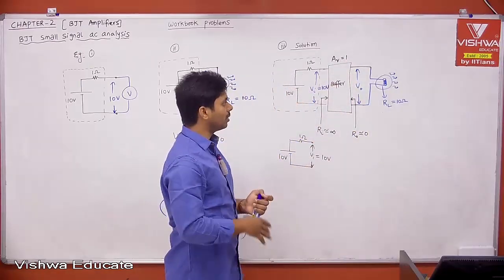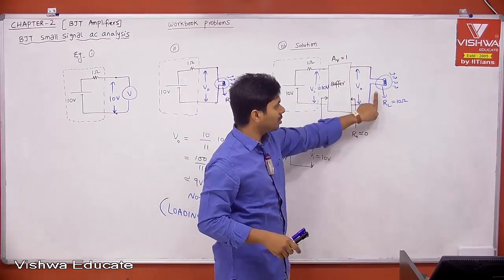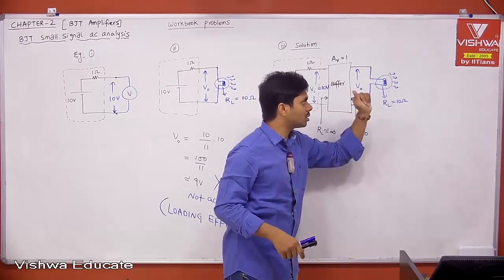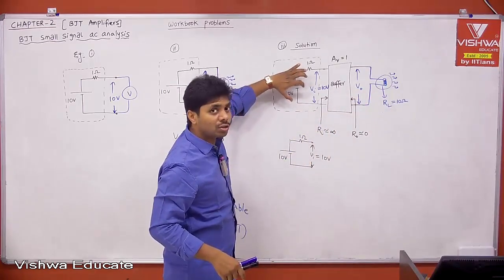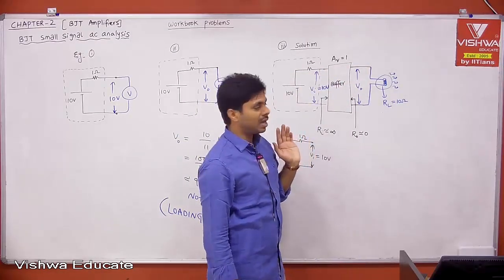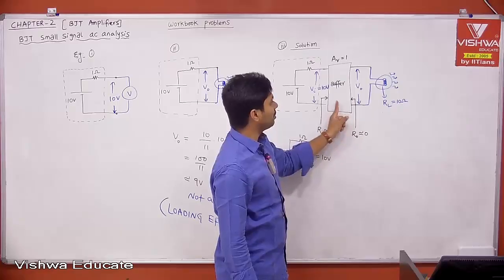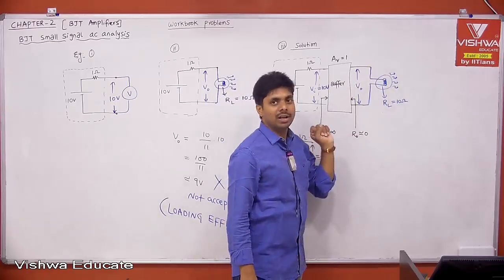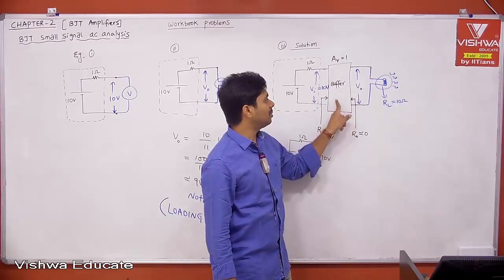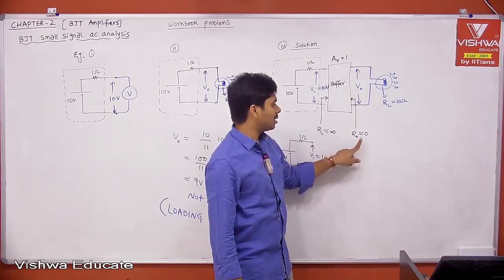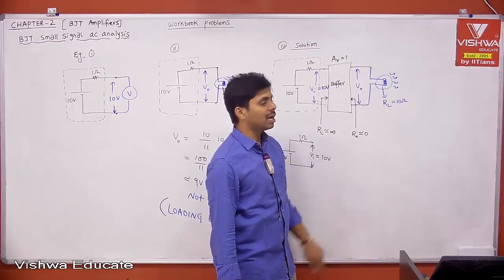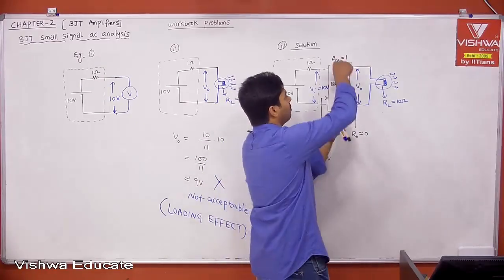Right? Now, tell me, for your load, the source is not the battery now. Your buffer is the source for your load. Can I say that? Then I told you your buffer is nothing but a voltage source to your load. Then the buffer should be an ideal voltage source. But what is the output impedance of your buffer? Let us say R0. If R0 is equal to 0, then whatever voltage you have from the battery,